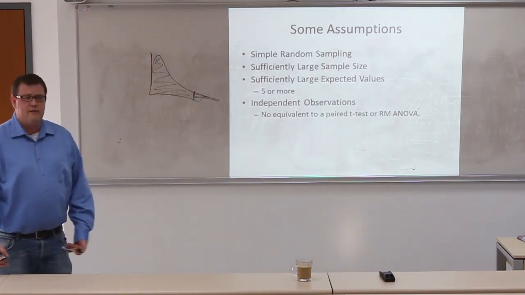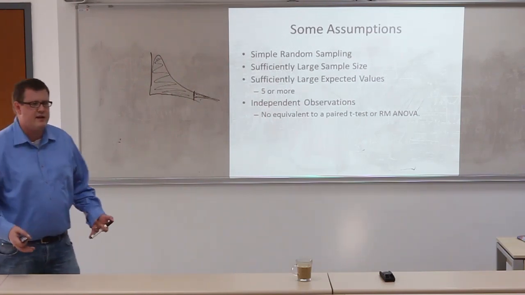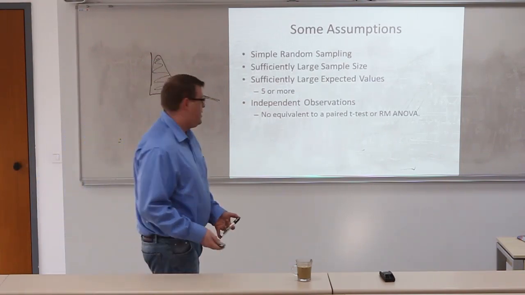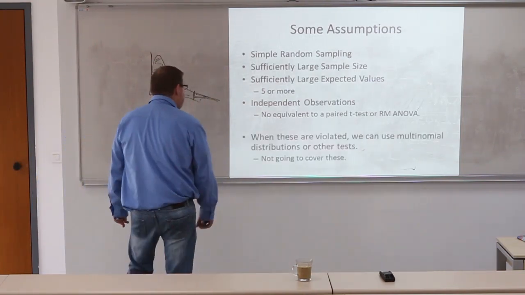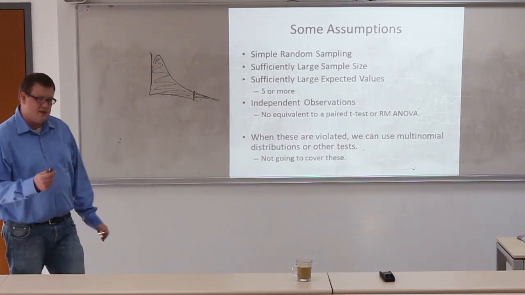So there's no equivalent to a paired test. So with the t-tests, we had paired tests. With the ANOVAs, we had repeated measures. With the chi-square, we don't. When these are violated, we can use multinomial, binomial distributions, or other tests, and we're not going to